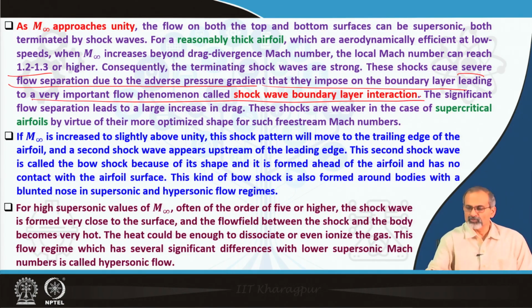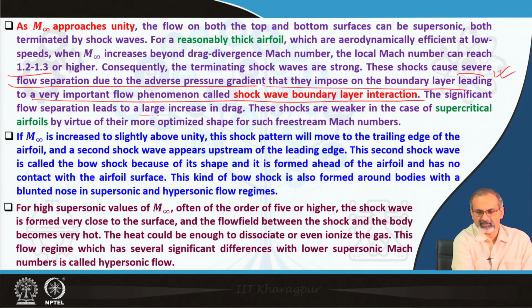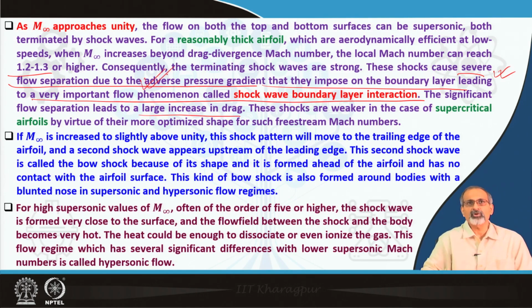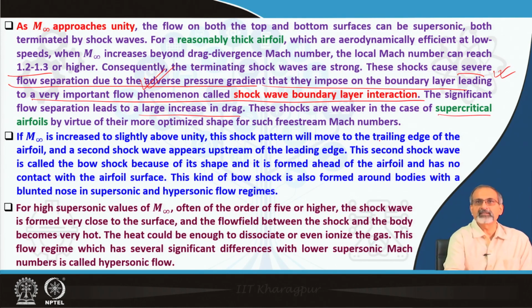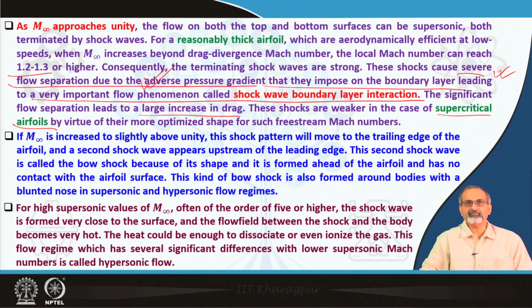So, through the discussion we came to know how gradually shock formation on these aerodynamic surfaces can interact with the boundary layer and make it separate. If separation occurs, then separation will be associated with drag rise. So, there is a large increase in drag, and why does that happen? Because shocks are associated with very adverse pressure gradients, and this is the reason why the boundary layer would separate. These shocks are comparatively weaker in the case of supercritical airfoils by virtue of their more optimized shape for such